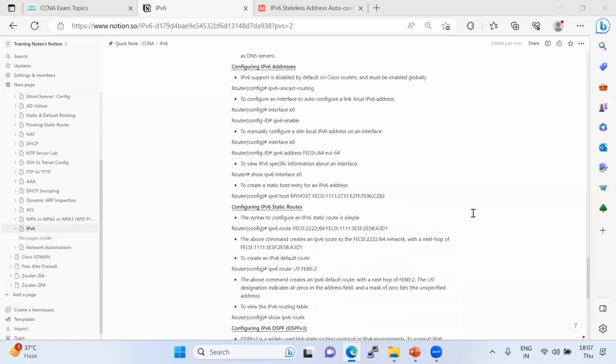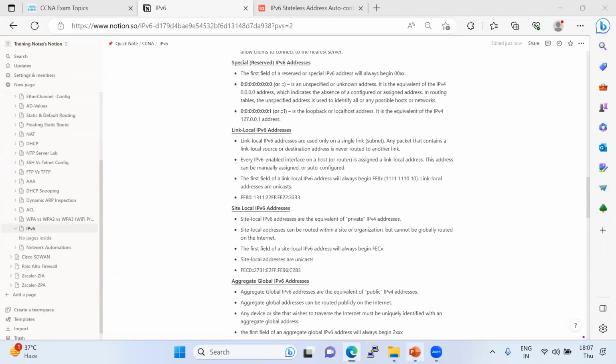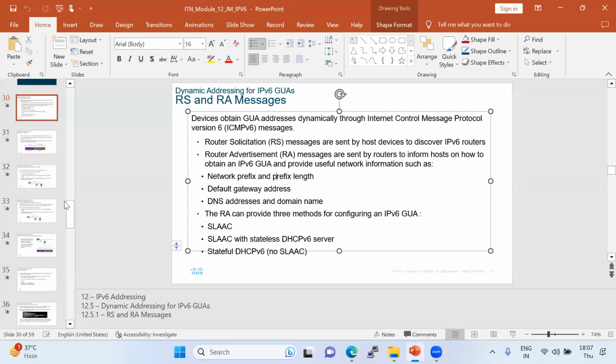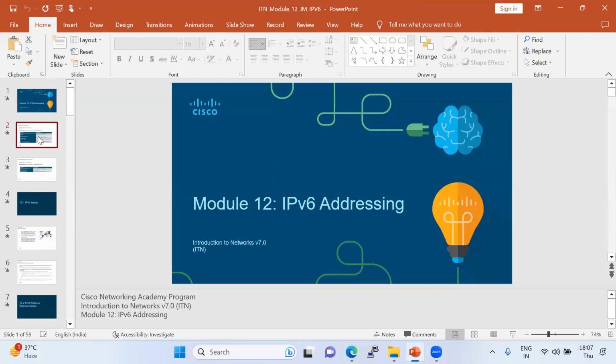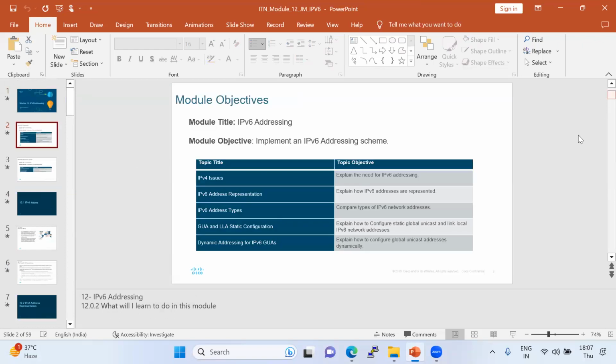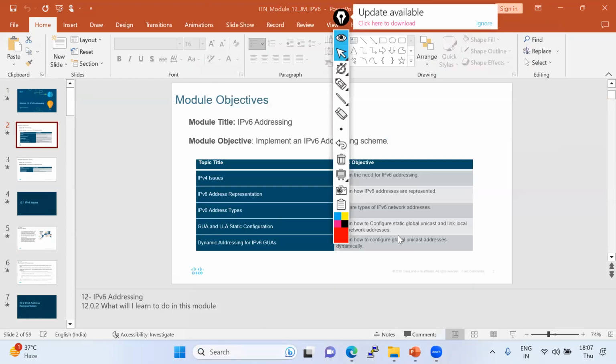So in IPv6, we understand a lot of things, right? Let me just recap those things from the previous class. I explained why IPv6, and what the problem with IPv4 was: the addressing problem. There were limited addresses in IPv4, but IPv6 has unlimited addresses.